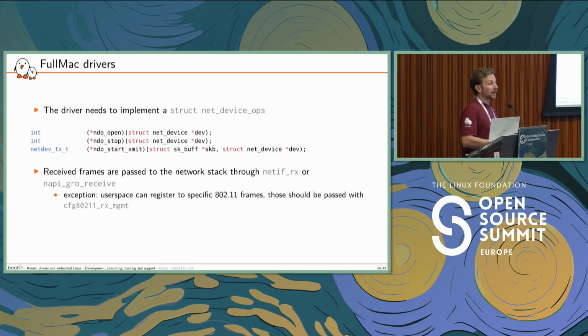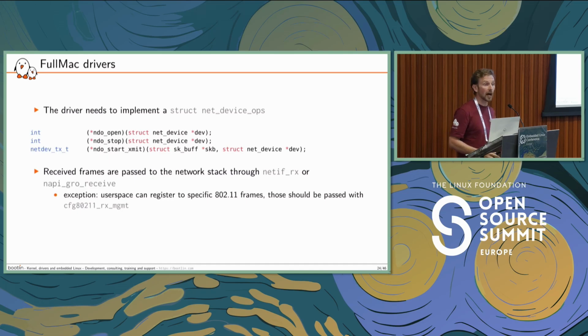As discussed earlier, I need to register a net device, and so I need to declare some net device operations. Once again, I don't need a very wide set. It really depends on the features I want to implement. But here you need at least the features that were implemented by the MAC 802.11 layer when you implemented the MAC 802.11 ops. So for example, I need some open and stop ops that will be called whenever I bring up or down my virtual interface. And I need an operation to be able to send packets. So I need the ndo_start_xmit.